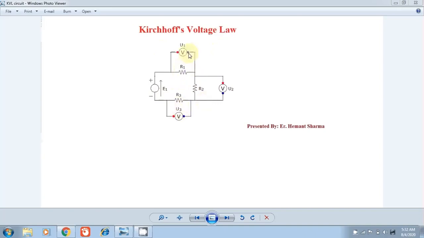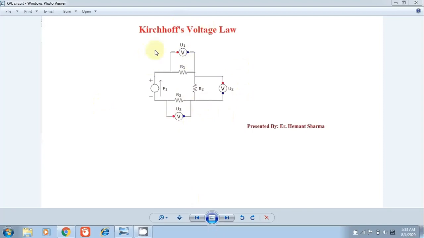If we want to measure the voltage across resistance R1, we connect voltmeter V1 in parallel with R1. For R2, we connect a voltmeter in parallel with R2, and if we want to measure the voltage drop across R3, we connect a voltmeter in parallel with R3.